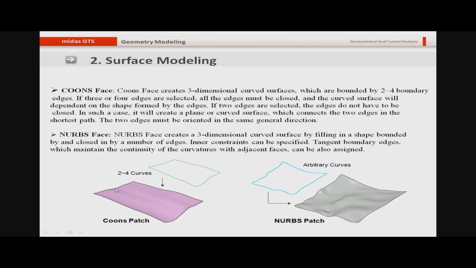So here you can see that I have 4 different edges and I want to create a Coons face. The program doesn't know the profile of the surface inside this plane. The program just knows the outer periphery, how the profile of the outer periphery looks like, and then the program interpolates in between and tries to make the actual surface.